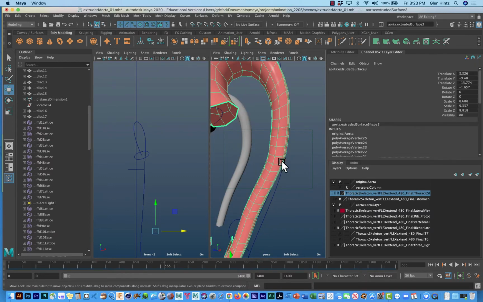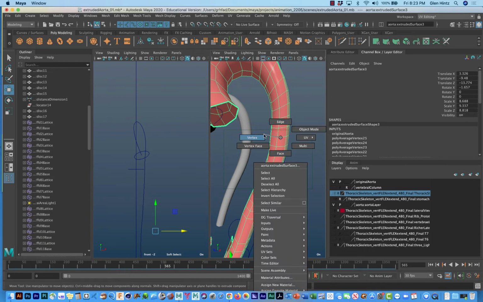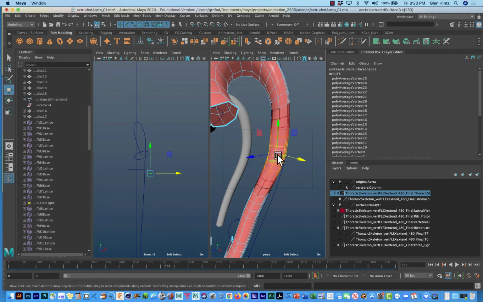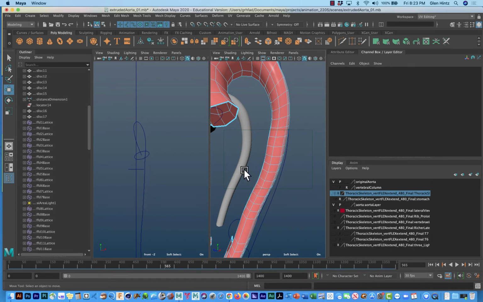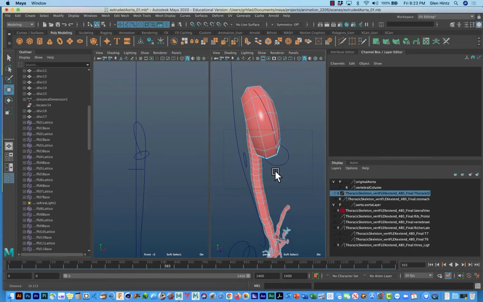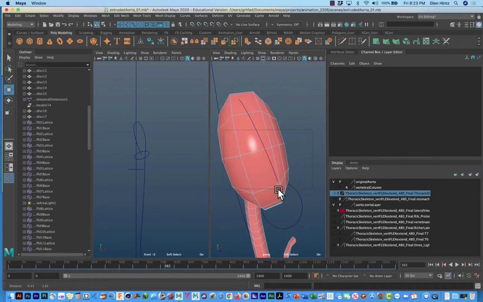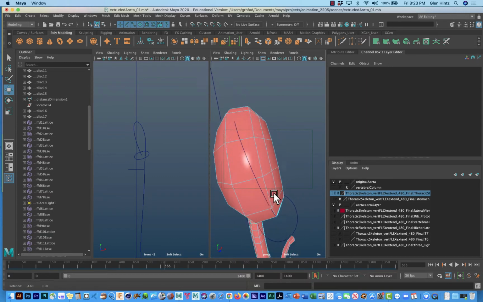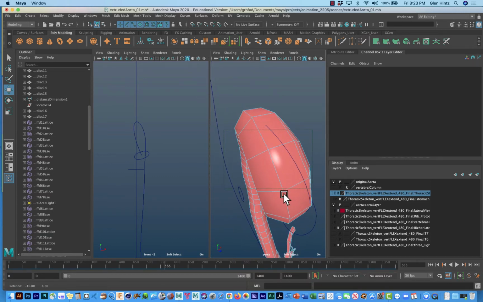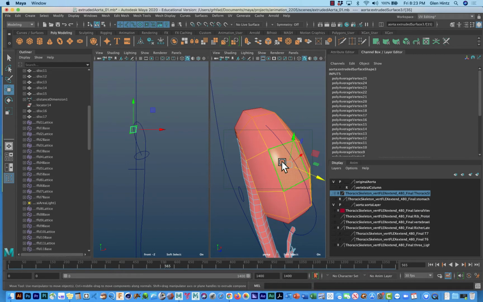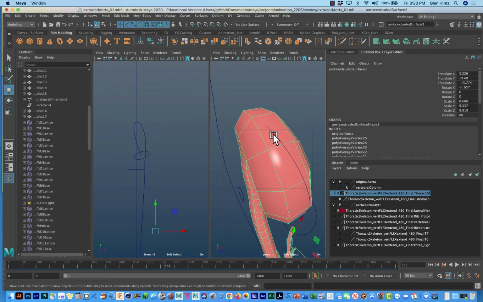working with that soft select and pulling that edge a little anteriorly here. The one point I wanted to make: one of the reasons I used only 480 is so that I could pull, I could extrude faces. So if I take this aorta and I change it to object mode